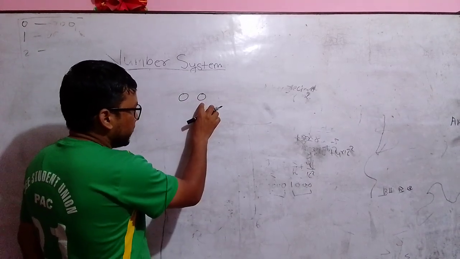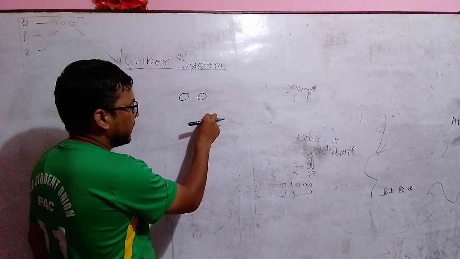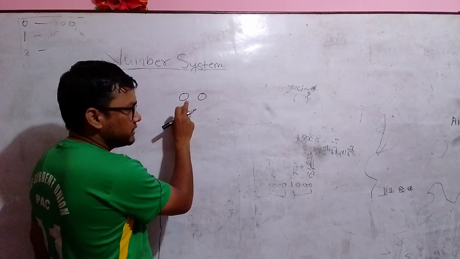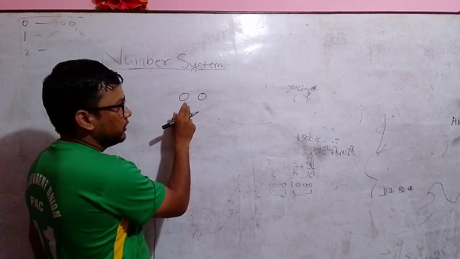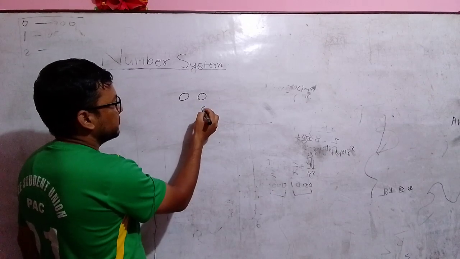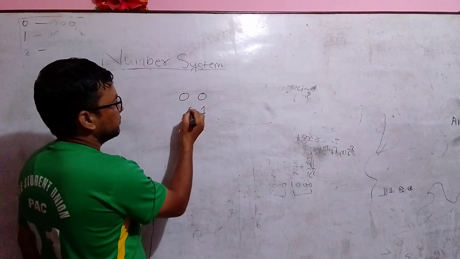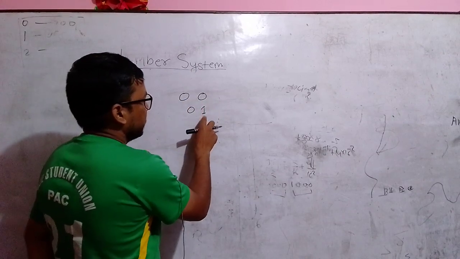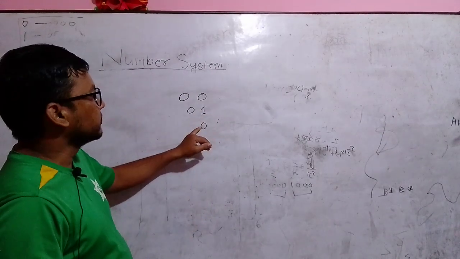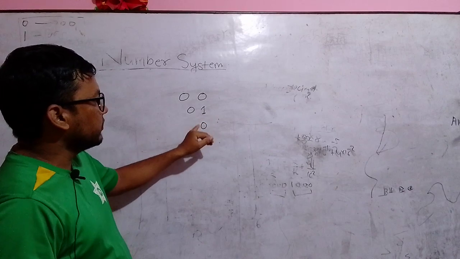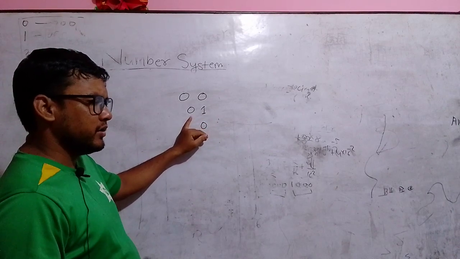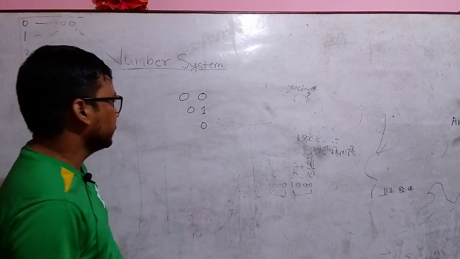If 0 is here, we need to change it into 1 in the next step, and the remaining digit needs to be left as it is. That means 0 is converted into 1. Then if 0 is converted into 1, the remaining digit stays the same in the next steps. Now if we convert 1 to 0, the next digit will change. Change means if there is 0, it becomes 1. If there is 1, it becomes 0.